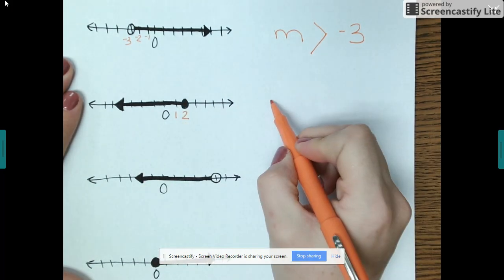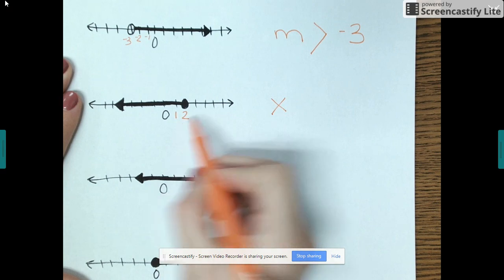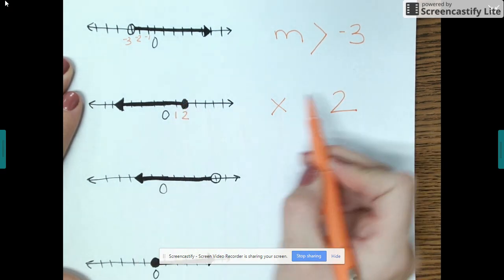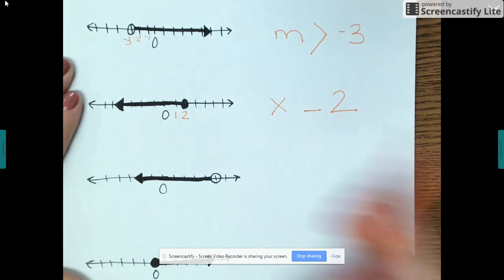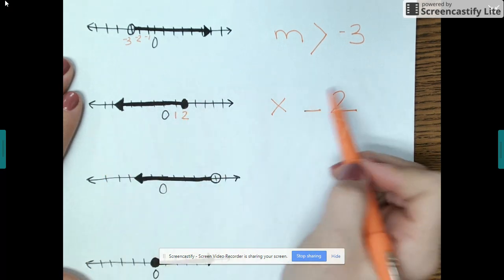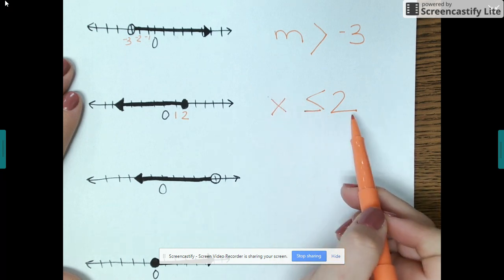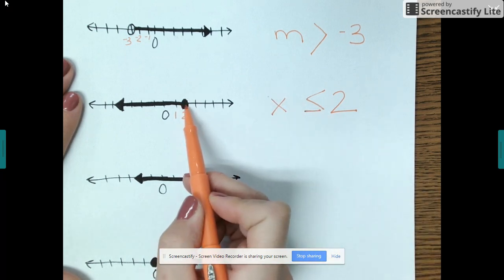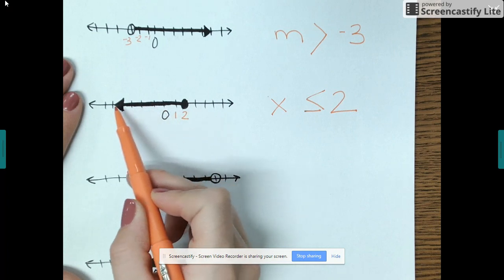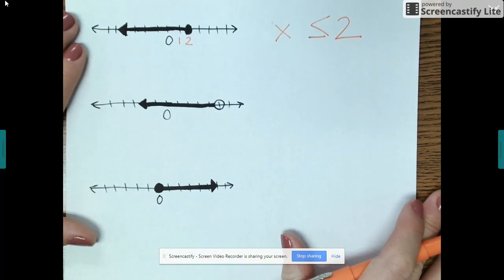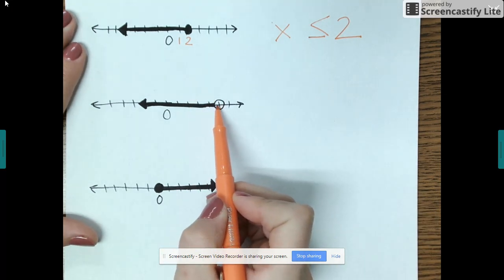Okay, let's make a variable. I'm starting at 2. It's going to be a filled-in circle, so I know there's going to be a line on it. And I'm going this way. X is less than or equal to 2. Shade it in. All of my numbers less than or equal to 2. Here, let's find